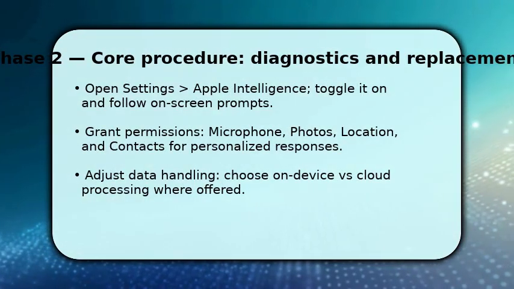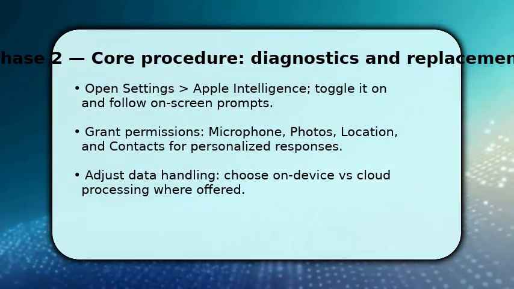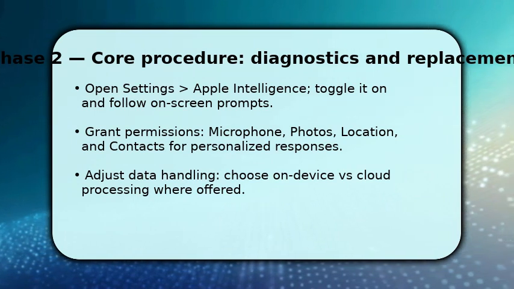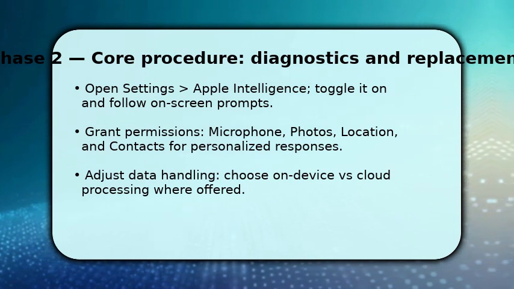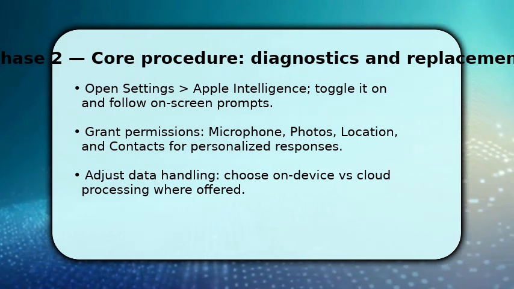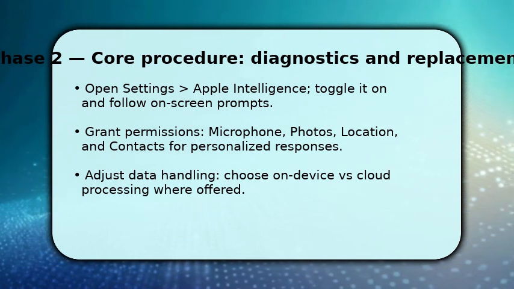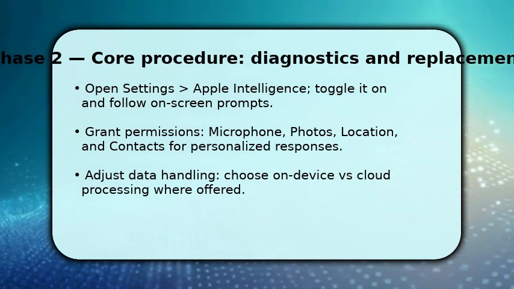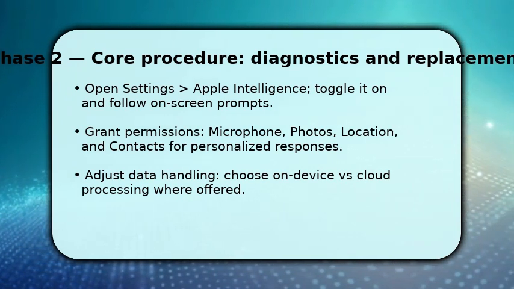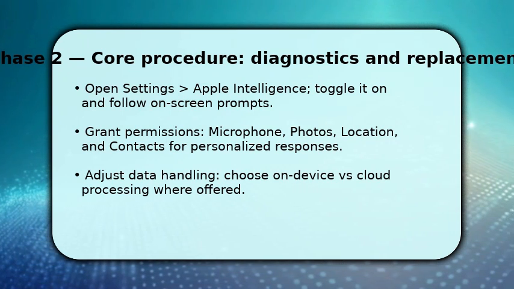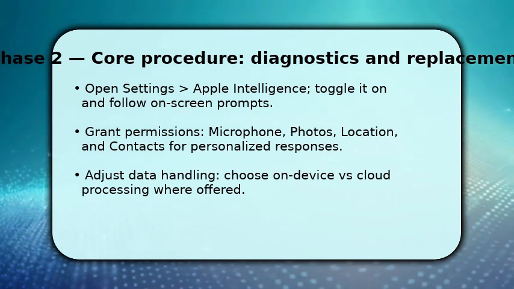Now configure Apple Intelligence. Open Settings and find Apple Intelligence, then enable the feature and follow the onboarding prompts. When asked, grant permissions for microphone, photos, location, and contacts so the assistant can provide relevant, personalized results. Make choices about data handling: prefer on-device processing for privacy, or allow iCloud for broader context, because that balance affects